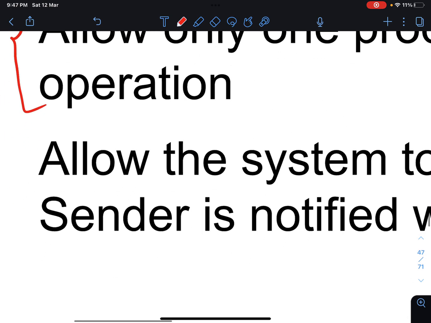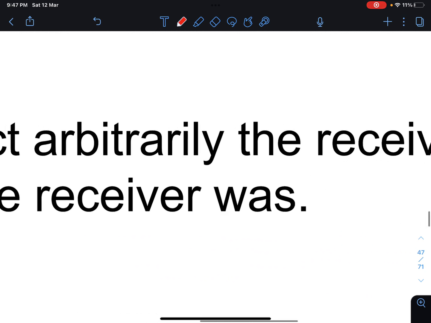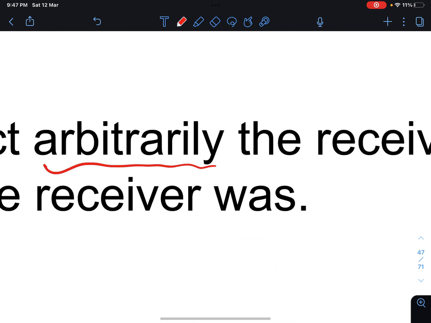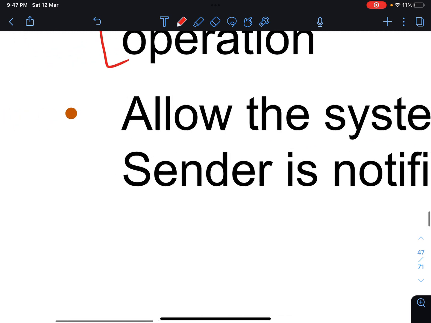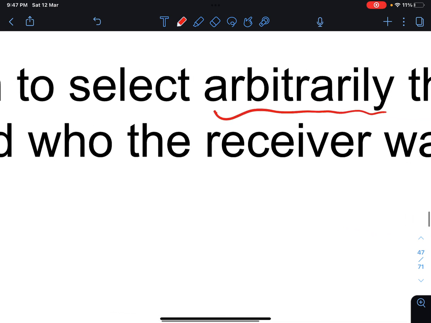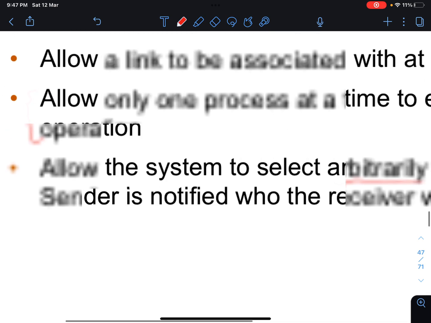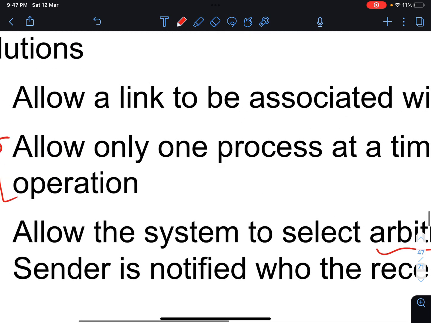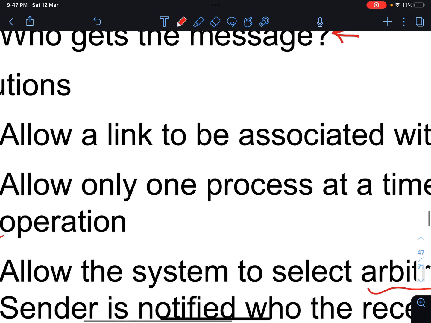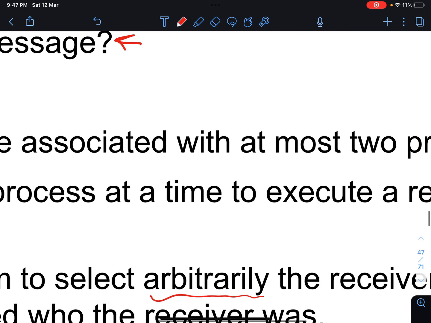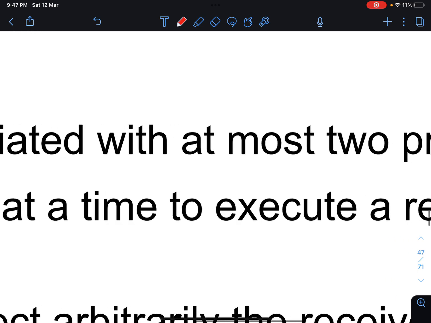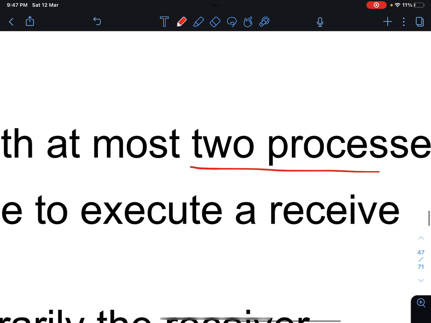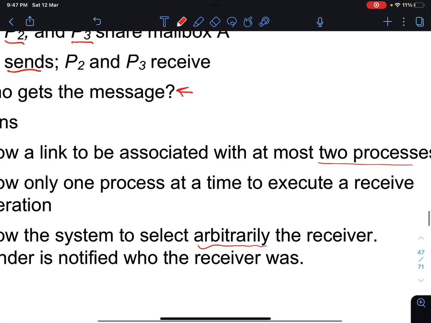Or allow the system to select the receiver arbitrarily, which is not really accepted, and the sender is notified who received it. The better way to do it is the first one: to allow a link to be associated with at most two processes.